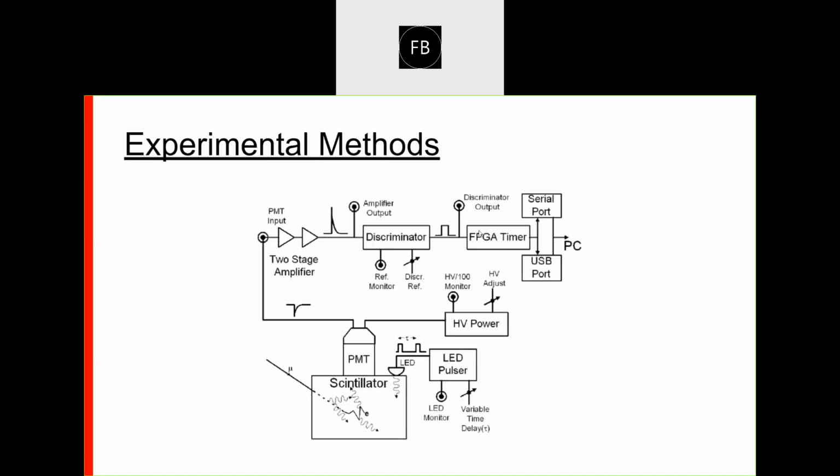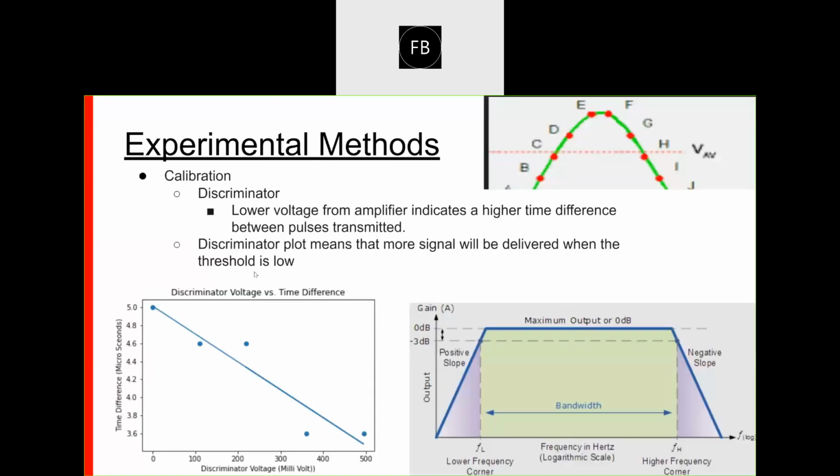The time difference, if it's below 40 microseconds, will be considered. If it's above that, then it says, okay, this is not a muon decay. We're doing mostly calibration in some of our experimental methods, making sure that the threshold on the discriminator was good and it allowed the muons